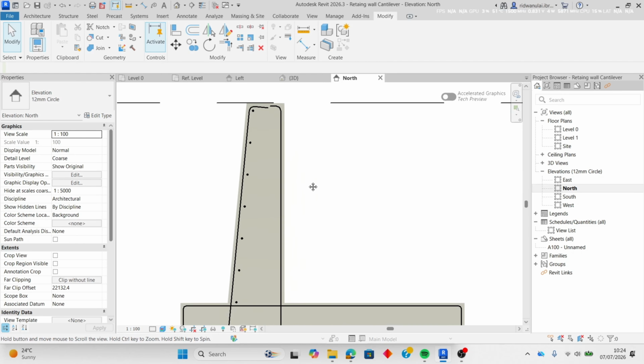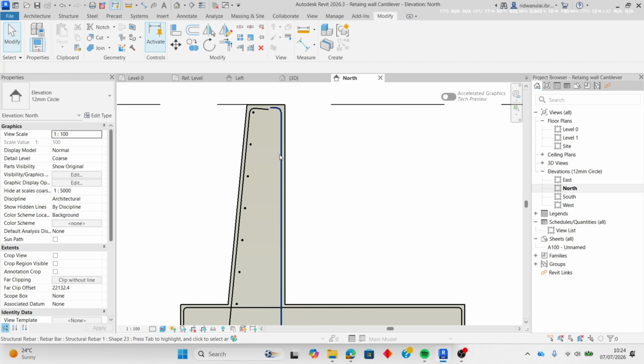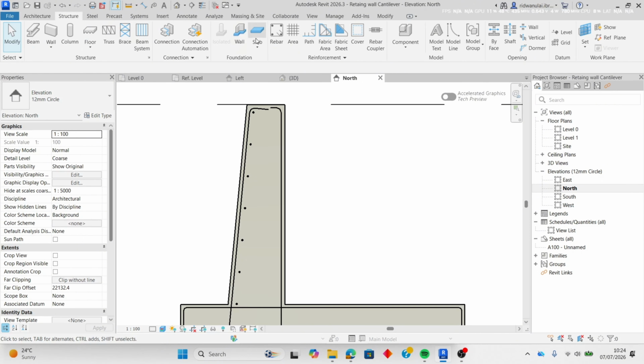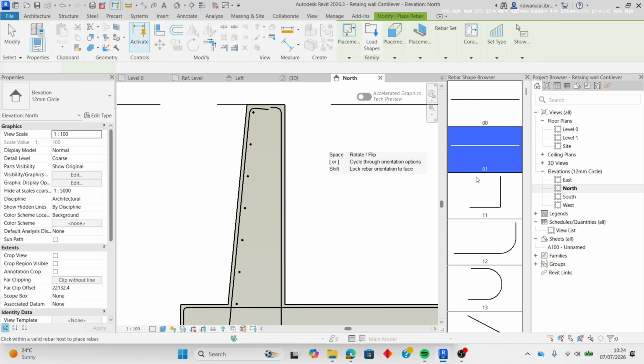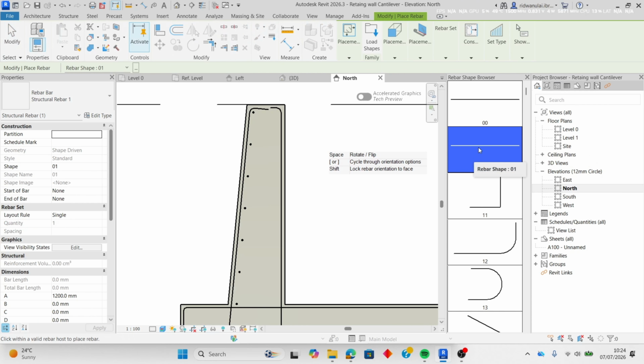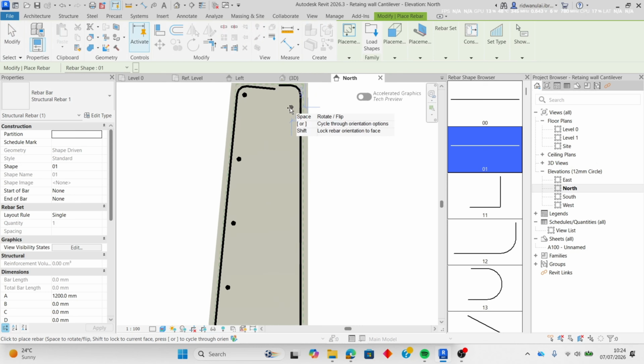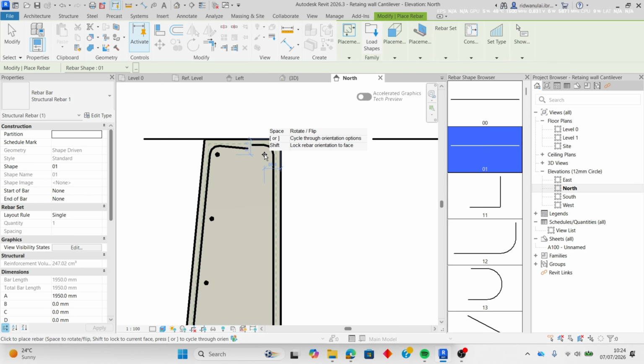So we'll do that for the next one, this side also. Why I'm doing this one by one is I don't want it to be too complicated for you guys because there are going to be a lot of errors popping up. So I'm just going to be doing it slowly one by one. Okay, so come back here again to structures. Click on the rebar. Using the same one here. So I'm just going to click here,